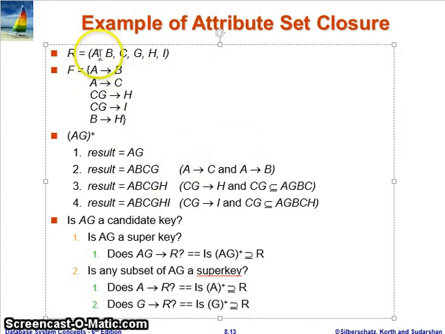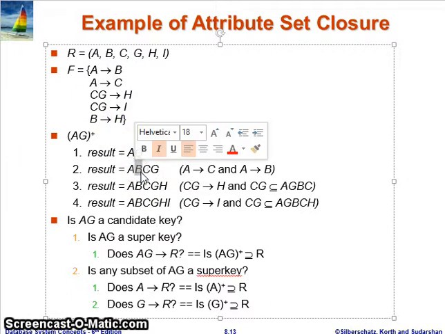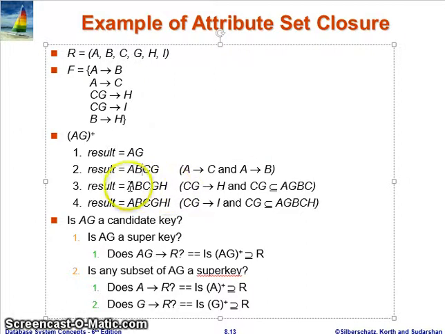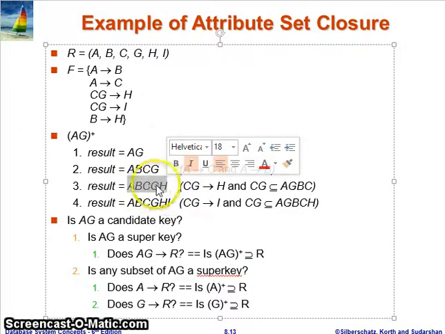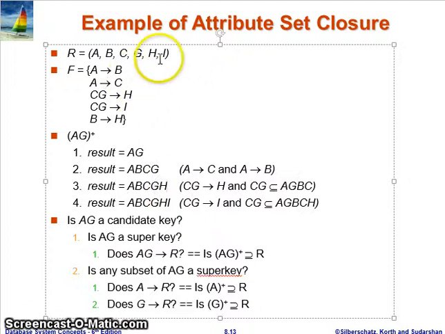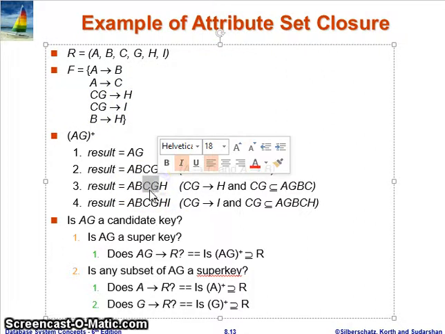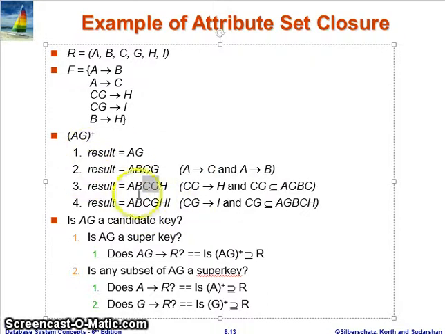Let's try other attributes. A, B, C and G we have derived. Let's try to derive H. We can derive H with the help of B, which we already derived. So we have derived A, B, C, G, H. Now let's try to derive I. To derive I we need C and G, and we have those two attributes, so with their help we can derive I easily. So we can see A, B, C, G, H